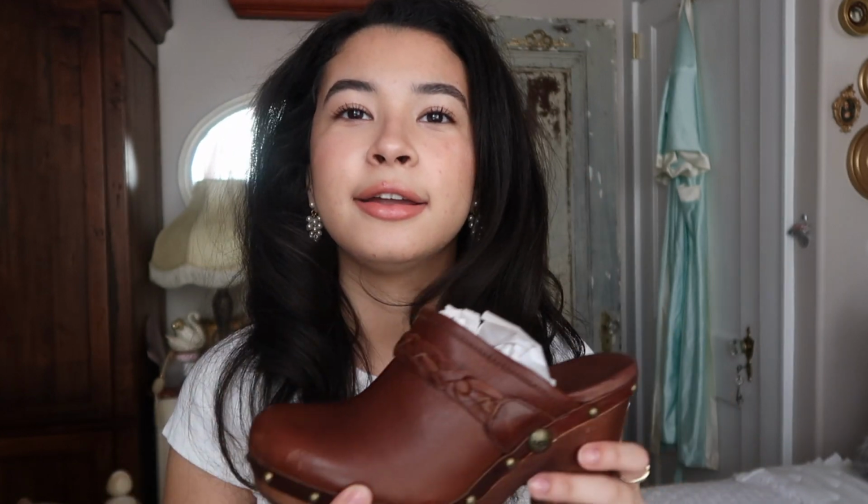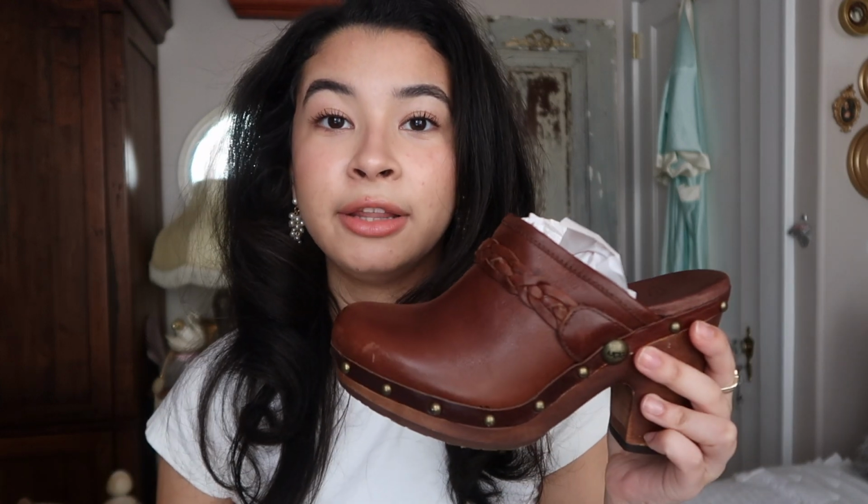Then I thrifted this pair of Ugg Clogs. If you know me, I love clogs. I love the way they look. I love everything about clogs from like the 70s. Thrifted this pair for $40, and my exact size. I never expected to find them, and they're almost like new. And they're also the leather, because I know that Ugg doesn't really make the leather ones anymore. They usually make the Sherpa suede ones, and I want to use these for like the summer. I can't use the suede and Sherpa ones for like the summer really,